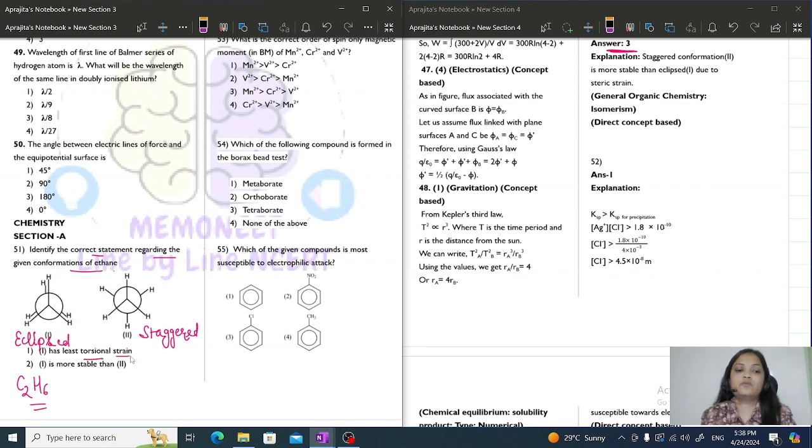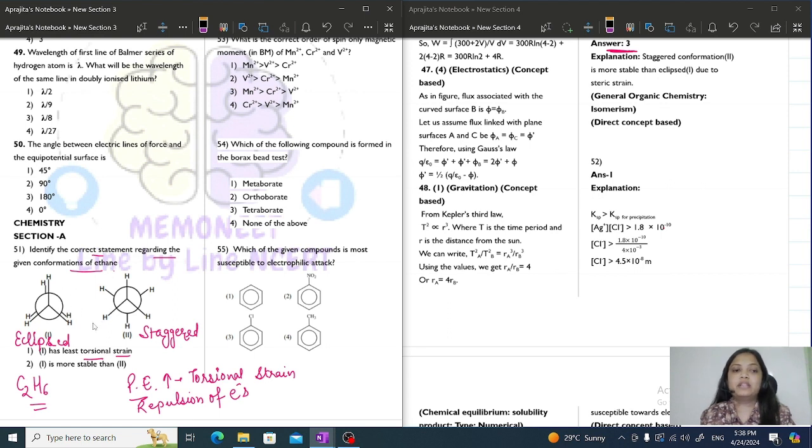Let's study first what is torsional strain. So you know that the potential energy of these molecules will increase because of the repulsion between the electrons. Means if the atoms are close to each other, the repulsion will be more and the energy will increase. More energy means more torsional strain. So this energy is nothing but the torsional strain. So more the torsional strain of the molecule